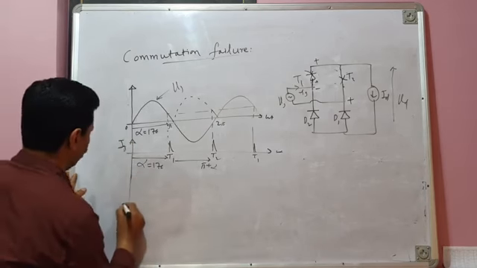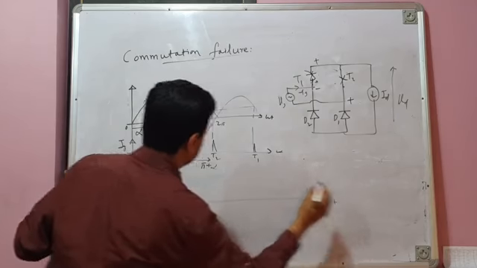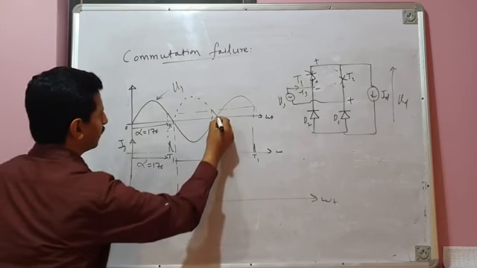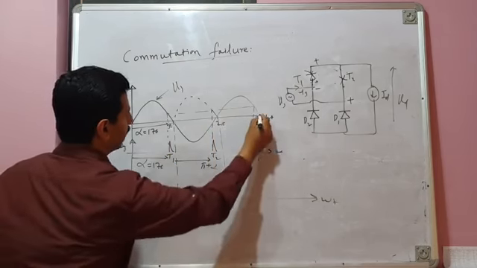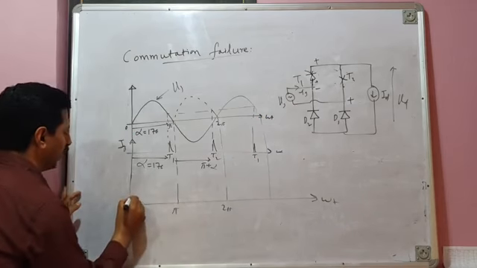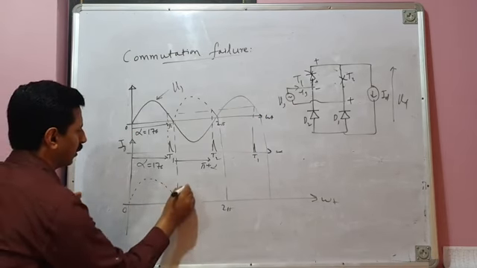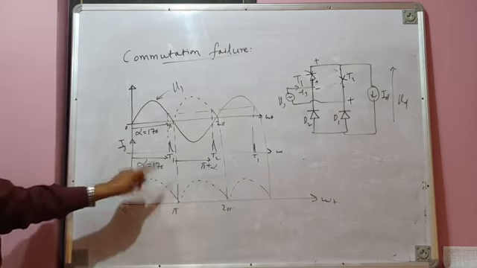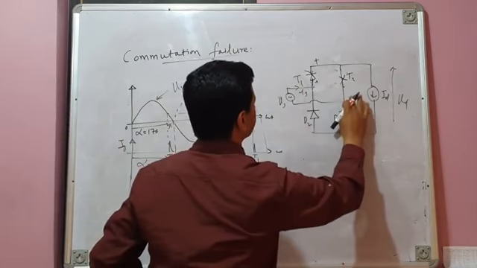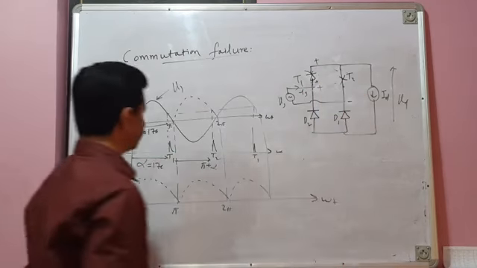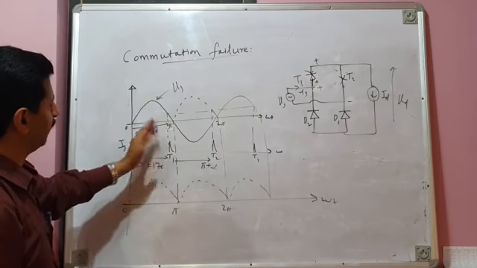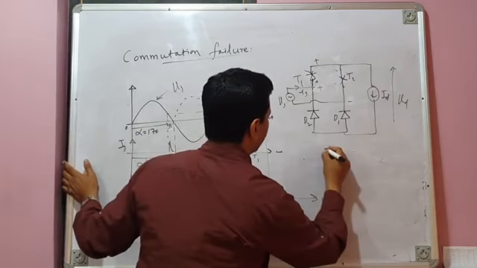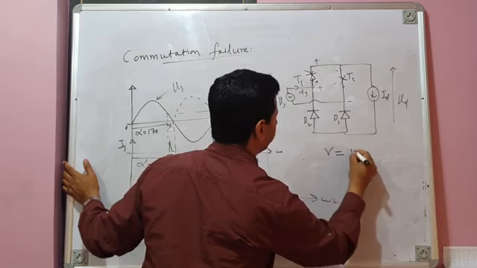Let us see what happens to the load voltage. Now something unusual, something undesirable will happen. Pi, 2 pi, 3 pi, and so on. Your load voltage would have been like this. Now, this is the positive half cycle of source voltage, which means plus minus. I am firing thyristor T1 after a very large delay, around 170 degrees. So what is gamma? Gamma should be equal to 15 degrees.